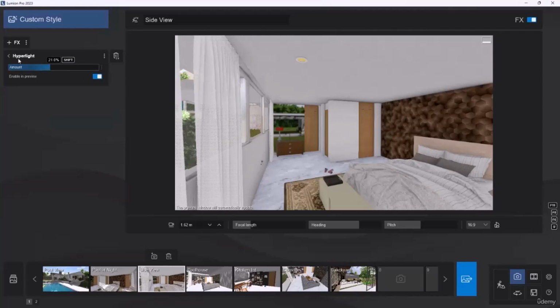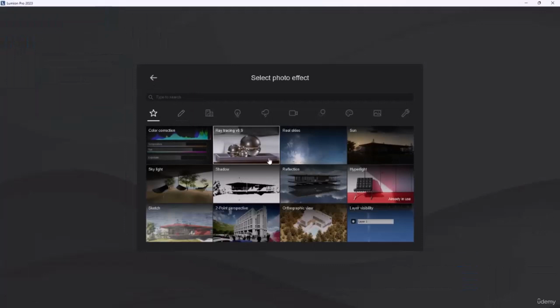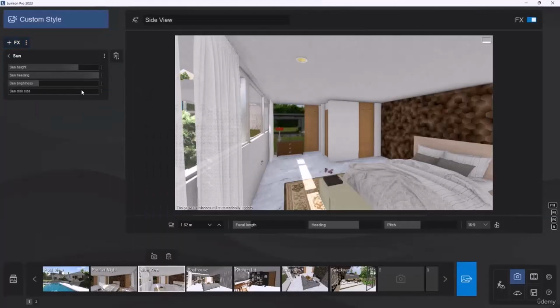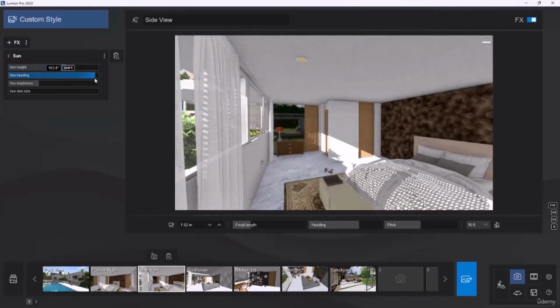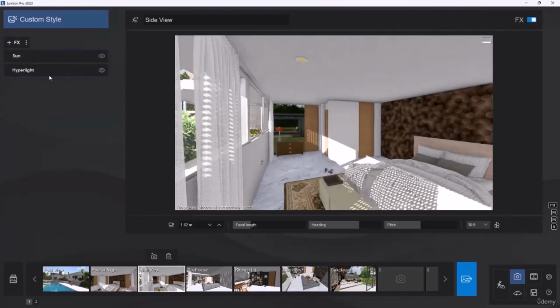Well, actually I don't have an object here to show it to you how it works, but if I go to the sun part here and change the location of the sun to show the lights in the room for you,